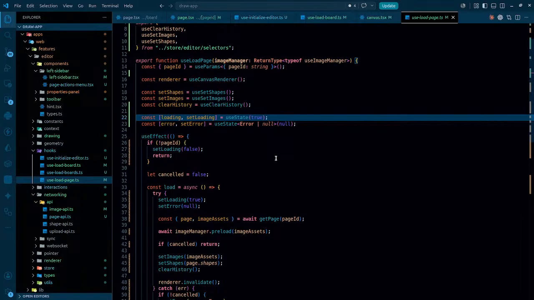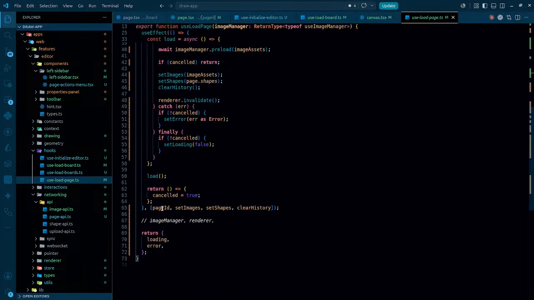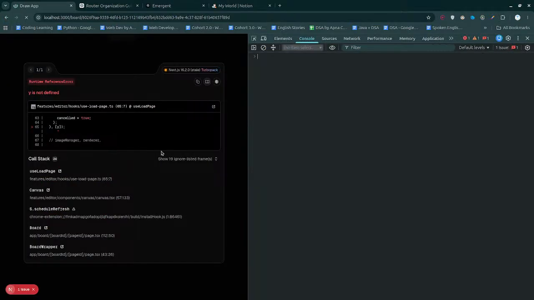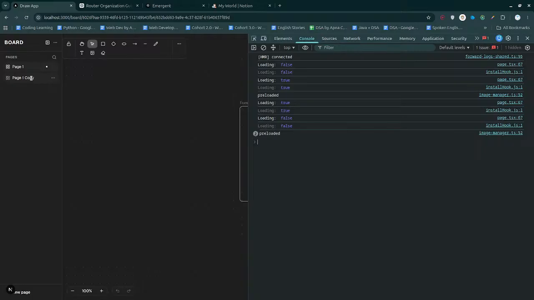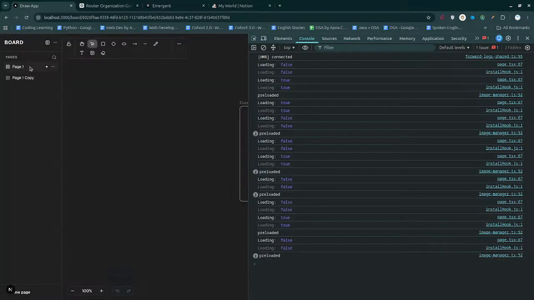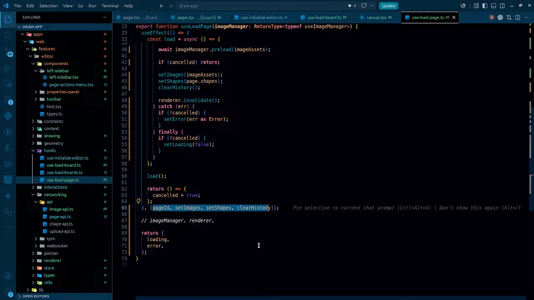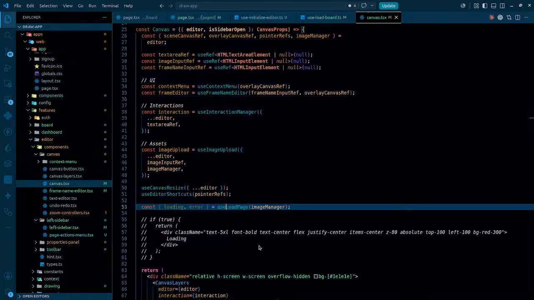Set loading. So what if I just remove everything from here, then what will happen? This still happens. That simply means this is not the problem,